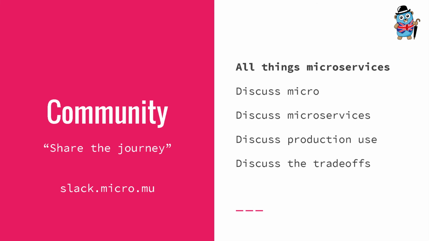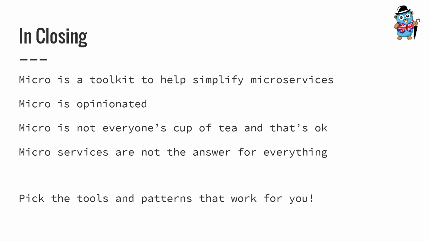There's also a Slack community, which is growing pretty quickly. It's around about 500 members now, and people might ask, why don't I have a channel in the Gopher Slack? It was just one day a friend said, hey, we're chatting on Google Hangouts, we need somewhere to talk about this stuff that you're building. So we just created a Slack, and then it took off from there. And I think the idea is that Micro will probably go beyond just Go at some point, and I wanted a place for that. And also, companies will come in and maintain private channels to talk to me about the toolkit, which is pretty cool.